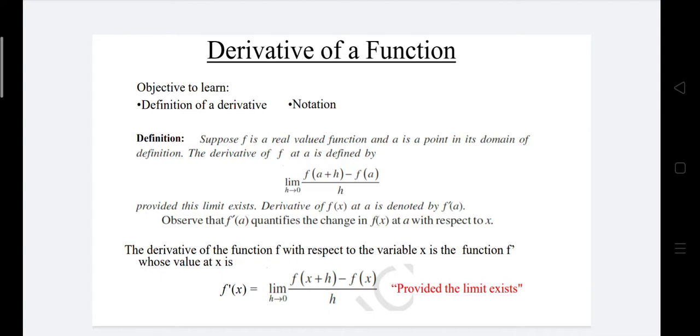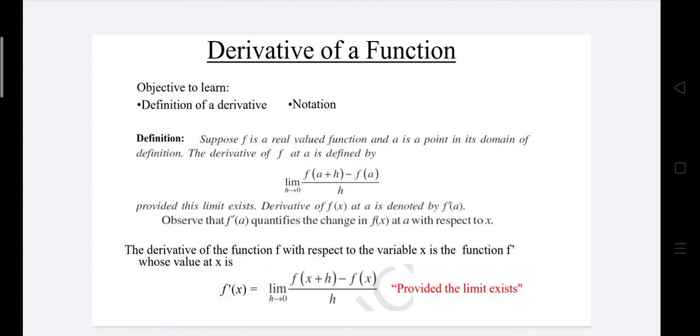This formula is quite complicated to understand, so let's take it easy and understand it this way. See here, f of a plus h minus f of a. I have already said that f is a real valued function and we are interested in calculating the derivative. Derivative is nothing but the change. What change? Change of the image. In the numerator we see a change in the image. f of a plus h is the image at the point a plus h, and f of a is the image at a.